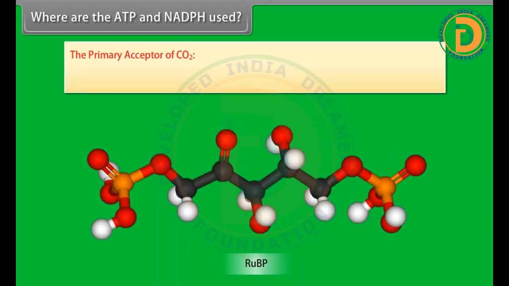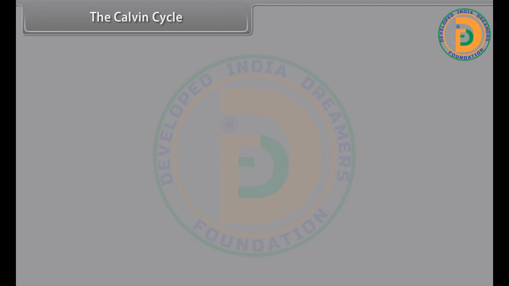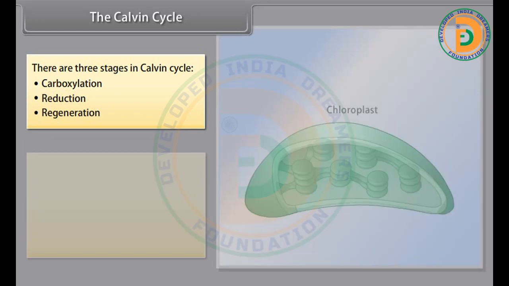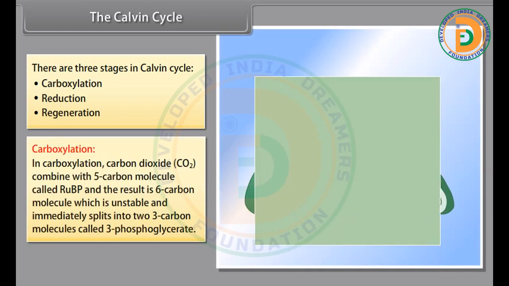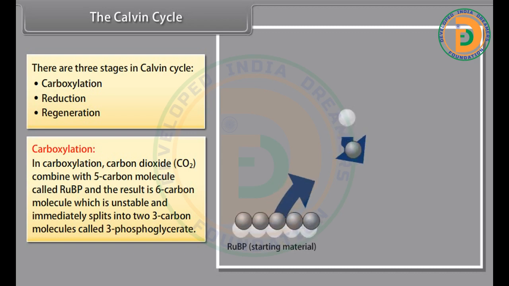The primary acceptor of CO2. The acceptor molecule was ribulose bisphosphate, RuBP, that is a 5-carbon ketose sugar. The Calvin cycle. There are 3 stages in the Calvin cycle. They are carboxylation, reduction, regeneration. Carboxylation. In carboxylation, carbon dioxide CO2 combines with the 5-carbon molecule called RuBP, and the result is a 6-carbon